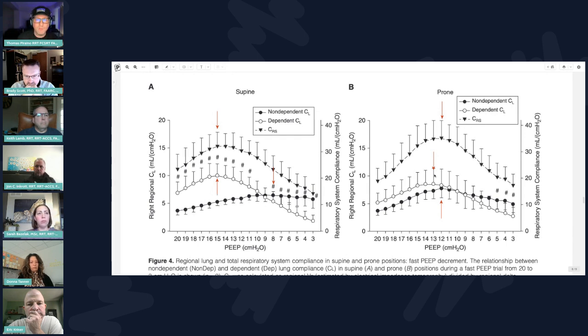In the prone position, what this graphic is nicely showing is how it starts to homogenize the potential for injury across regions. And I think we underappreciate this potential with prone positioning, and we just focus on the blood gas, but really there's other stuff going on here that really helps to minimize the potential for injury.